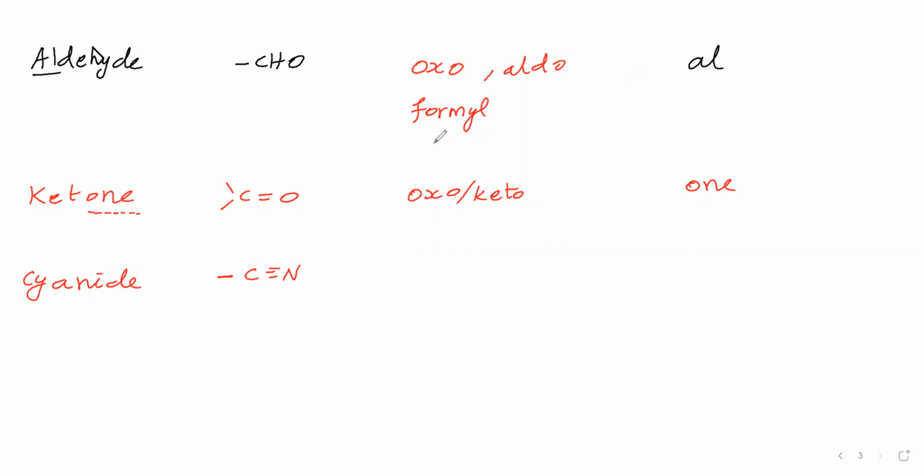Now your doubt is whether a functional group carbon must be included in the parent chain or not. The functional group carbon must be included in the parent chain if it is the main functional group. If it is a substituent, then it need not be. If there is a possibility, we can include it; if there is no possibility, then we cannot include it.